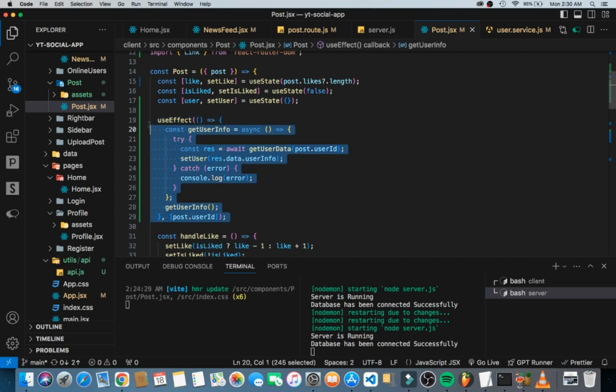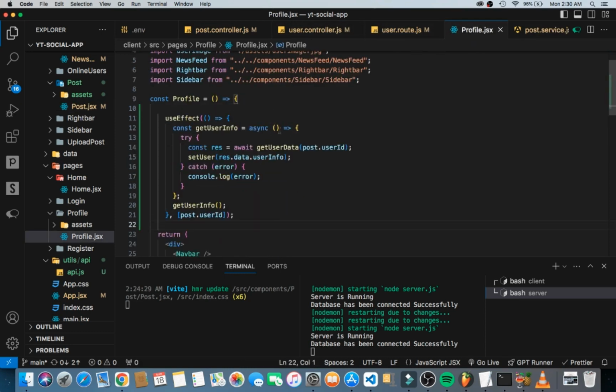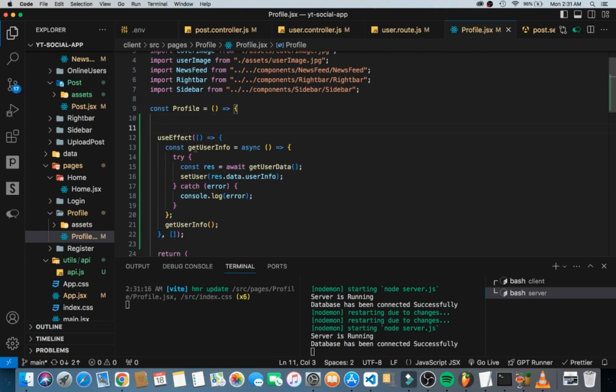Oh, I didn't copy it well. I'll copy this use effect, then I'll go to the profile page again here. I'll paste that use effect, then I want to clear this for the meantime. I'll set a dependency as username that we are getting from the params, right? Okay, been able to set this up. Then we have the function inside, that is going to be an asynchronous function performing an API call,